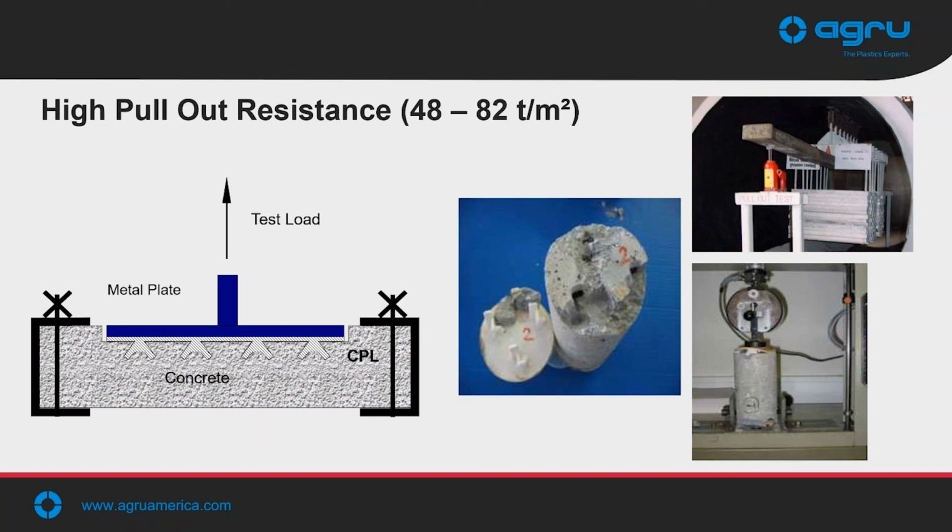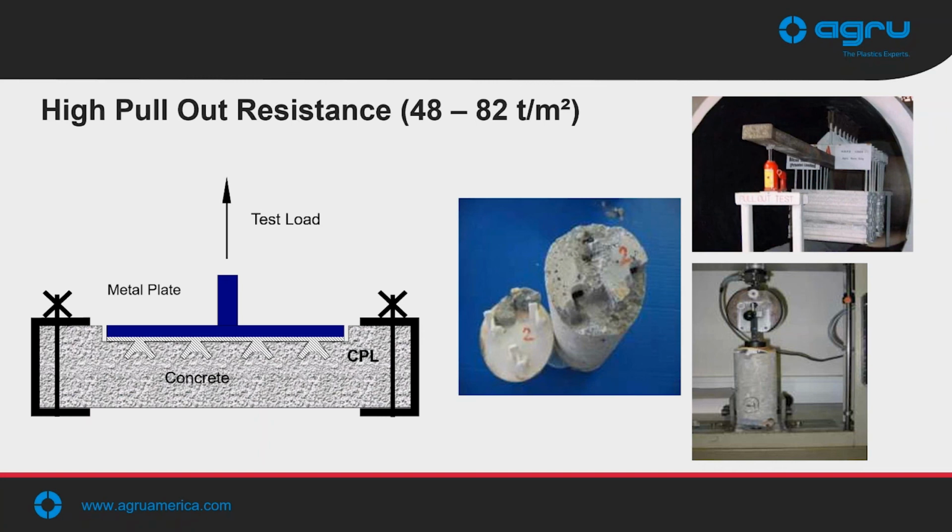If I use a 10,000 psi concrete, then I'm going to get a much higher pullout or a much higher back pressure resistance than if I use a standard 3,000 psi concrete. So AGRU's opinion is that we should publish data based on the least common denominator. When we publish data, it is based on a 3,000 psi concrete. Other manufacturers of concrete protective liners may publish their pullout resistance or their back pressure strength based on 5,000 psi